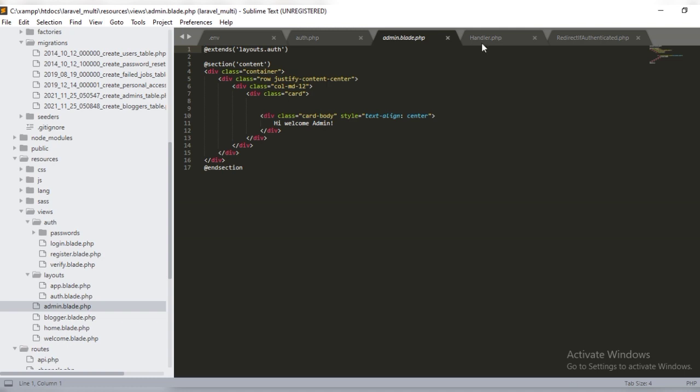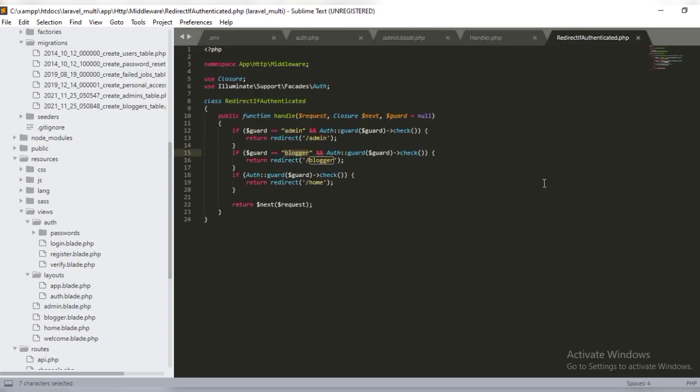The next step is to modify how our users are redirected if authenticated. It is very important to modify how users are redirected when they are authenticated. Laravel by default redirects to home, so we get an error with this method. So we have to modify the redirection. In the middleware, which receives the auth guard as a parameter, this middleware is triggered when we try to visit any authentication page.